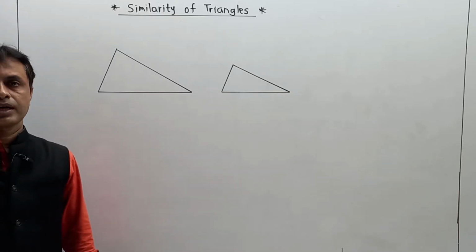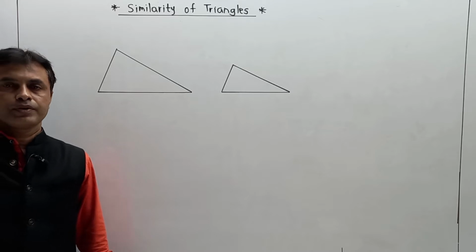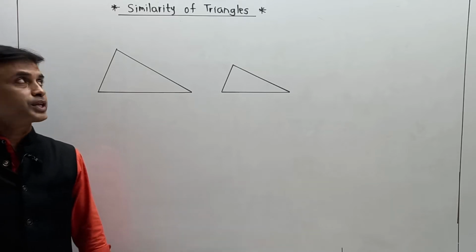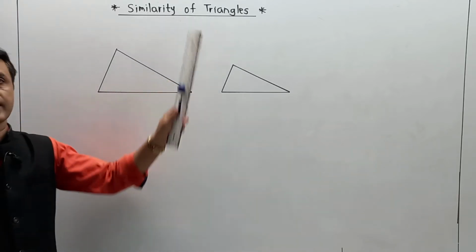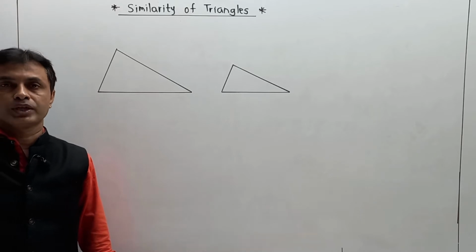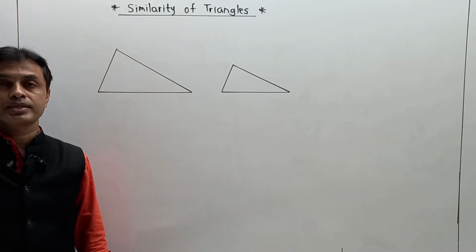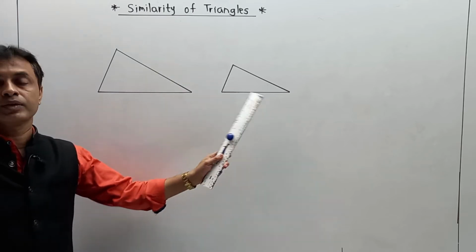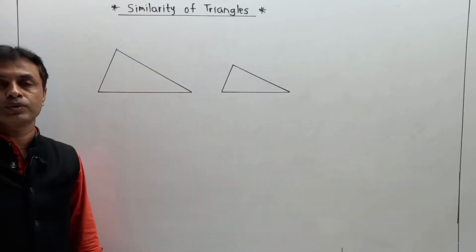Hello friends, continuing with the part. Now we are going to start a new pattern over here, and that is called similarity of triangles. Now we have to understand in more detail. Why? Because we have to understand the numerical in terms of the conceptual part, and the concept is going to get clear with the help of some demonstration that I am going to take over here.